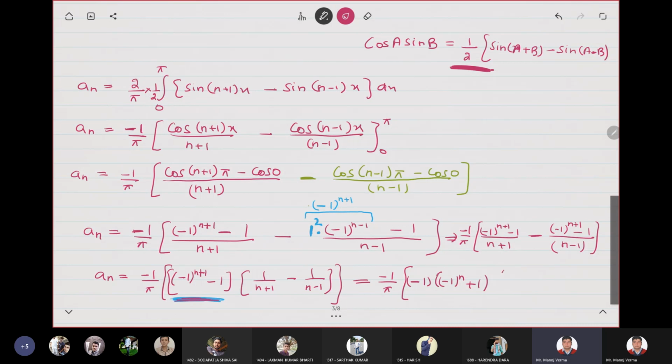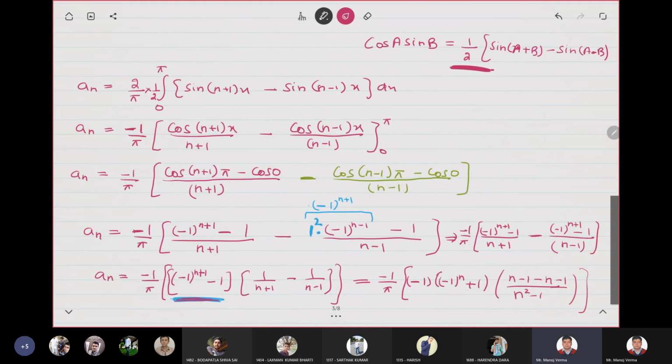In the second bracket, I will just take the LCM, which will be n square minus 1, n minus 1 minus n minus 1. If you can see, this n minus 1 is cross multiplied, and minus of n plus 1 will be minus n minus 1. So on further simplification, this will yield me,